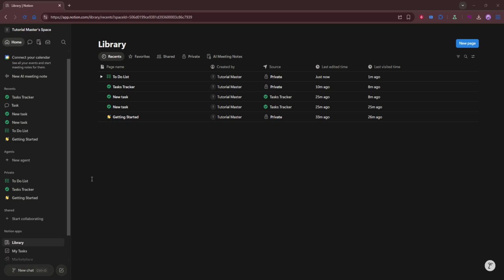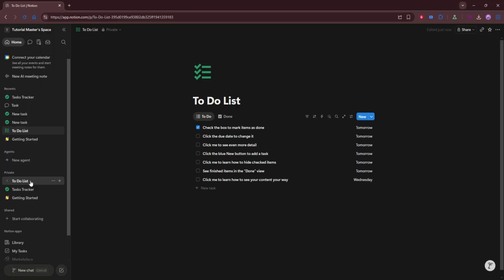Now, start using databases for organized lists, especially for things like tasks or notes. Databases are one of the most powerful parts of Notion because they let you sort, filter, and structure information in a way that stays neat as it grows. This makes your system much easier to manage over time. Then create different views that help you look at the